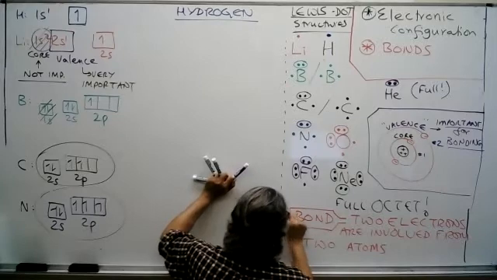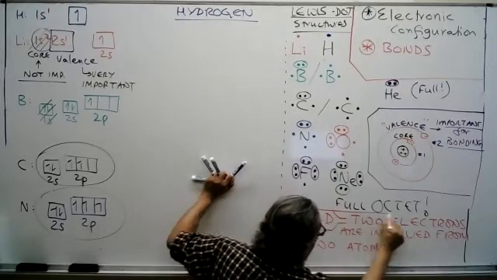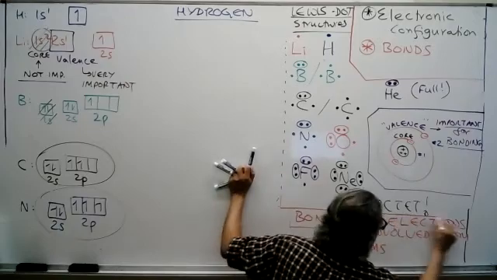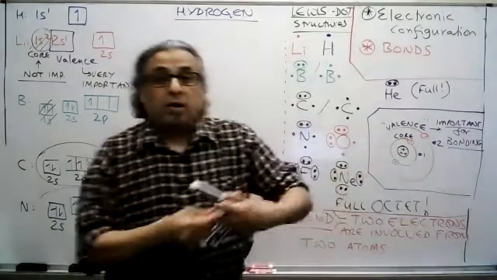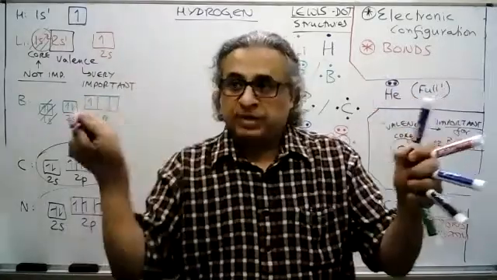Okay. So the bottom line is when you have a bond, either 2 electrons from this guy and this guy are